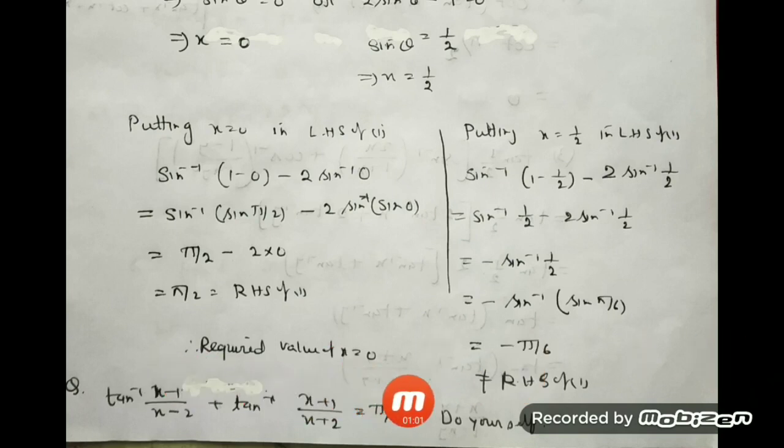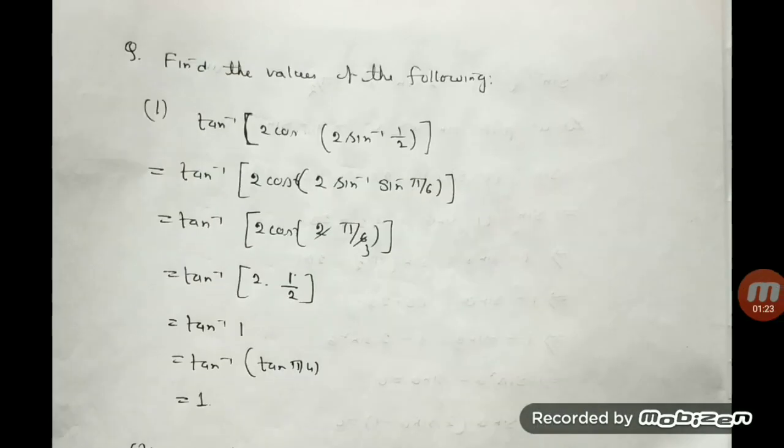Similarly, this is one more solved question you can do it yourself. Here, what is the formula we have to use? Hope you understand this. You take this as x and this as y and apply the tan inverse x plus tan inverse y formula. After it, bring tan inverse to the right side, it becomes tan of pi by 4, and 1 you put, then do the calculation of ordinary algebraic form.